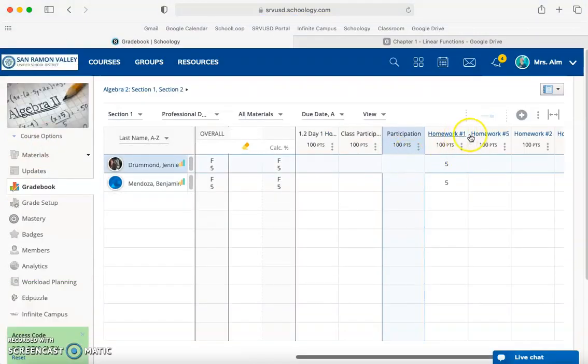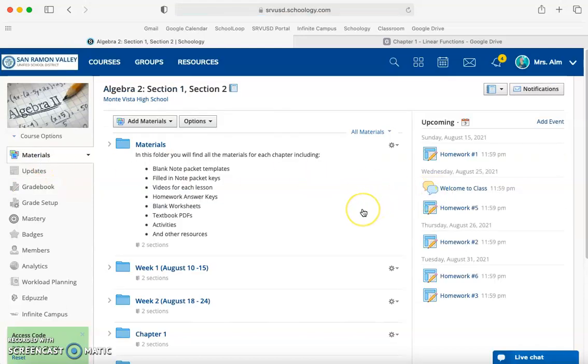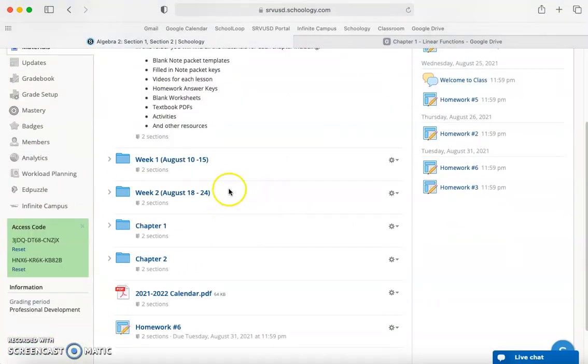So here are those homework assignments, and if I click on them, it will take me to those assignments. Now, alternatively, what if you have some external platform where they're doing all their assignments? You still want to add those assignments to the gradebook, but you don't necessarily want to duplicate adding the homework assignments under the materials and then it's just blank or it's just a link